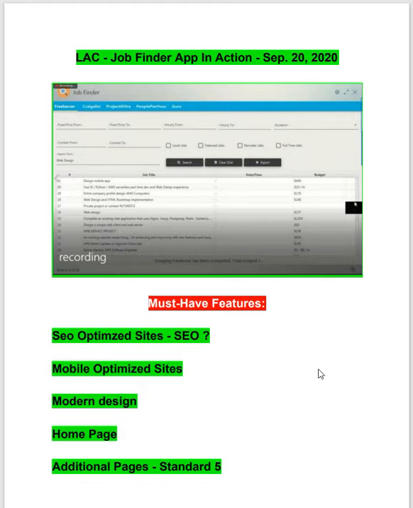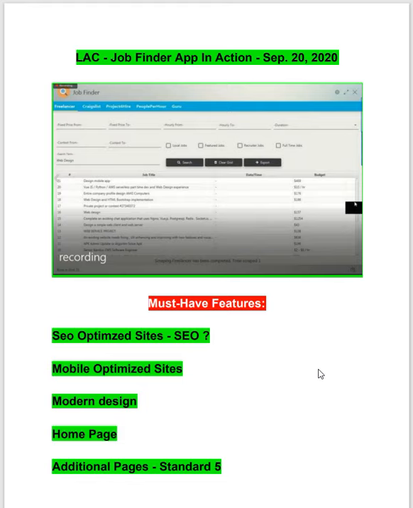Now, before we roll in, you need to know the must-have features of a website. When you start out, if you are very fresh, not a freelancer, a real newbie with no prior experience, you should be going after basic websites. Do not go after complicated websites. We do complicated websites, but you have to start with basic, then you go to more complicated stuff, and we will be teaching you how to go after complicated websites.